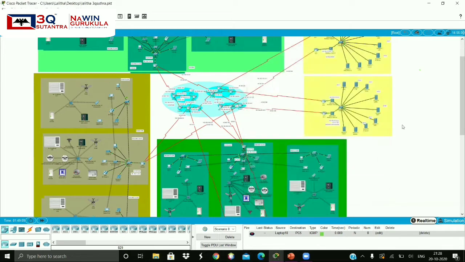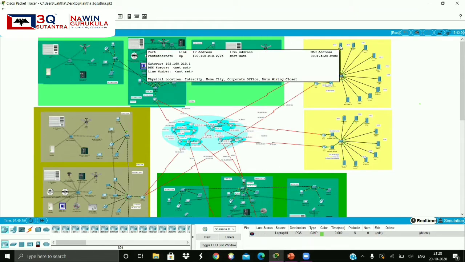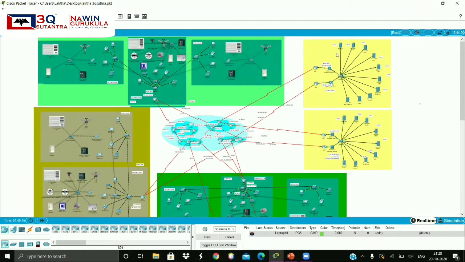And coming to the data center, as I told earlier, we did an interface configuration and EIGRP configuration, and we used 10 servers which represent a service provided by the server. And the first service is mail. The purpose of using the mail server is that we can compose a mail from one branch to another.